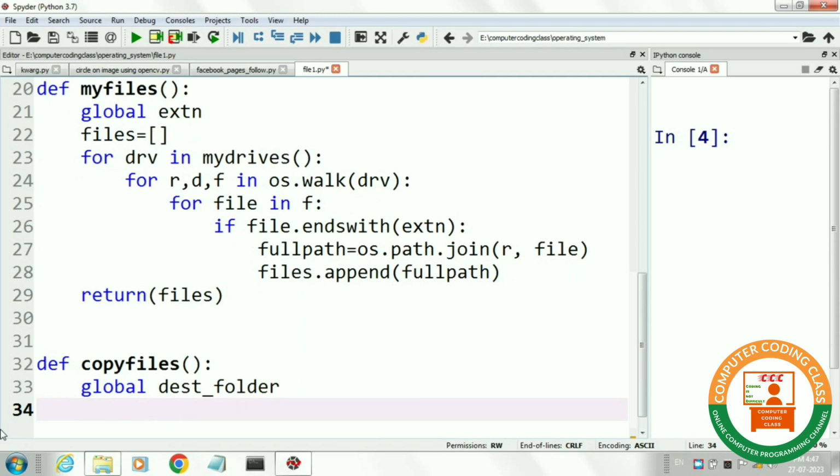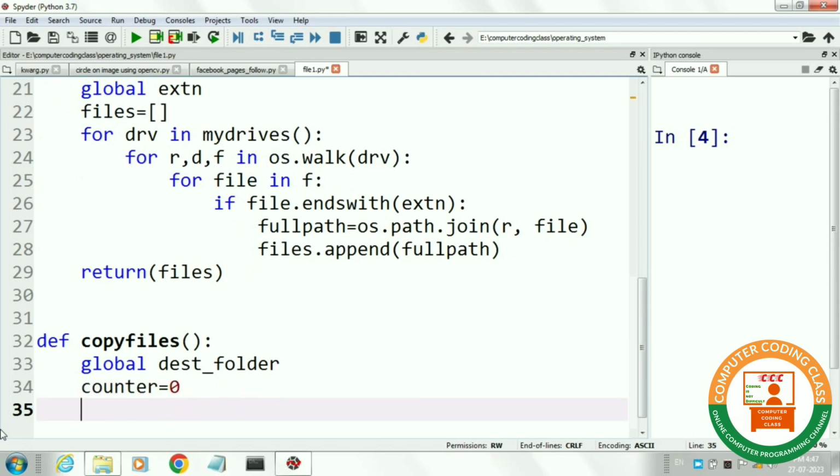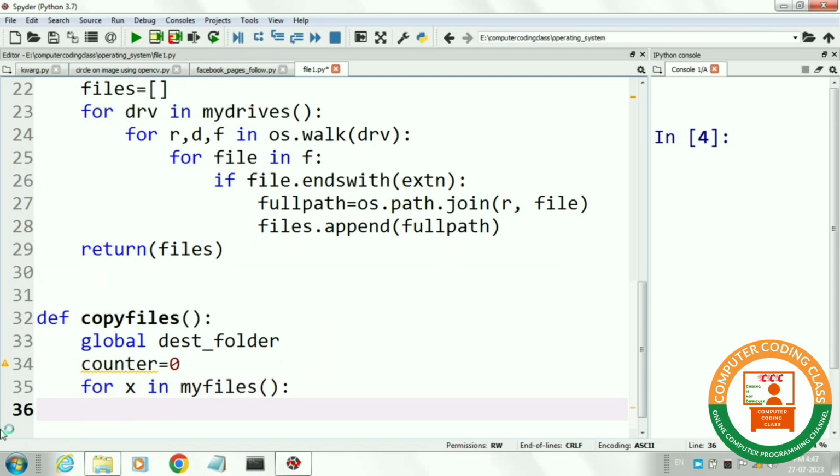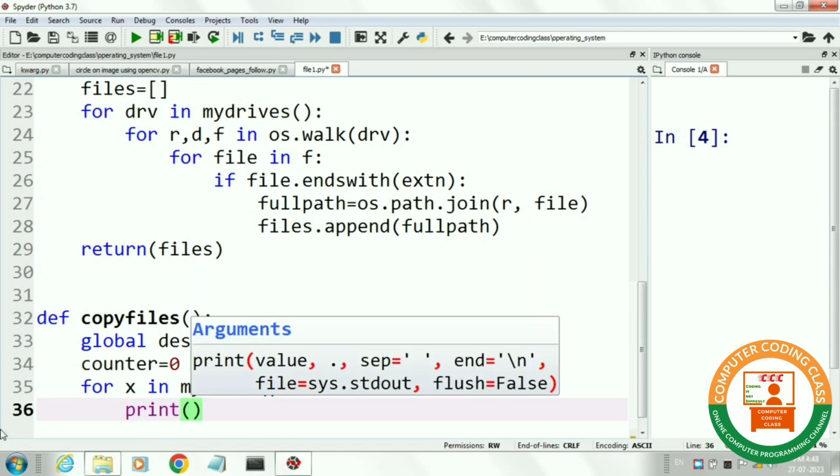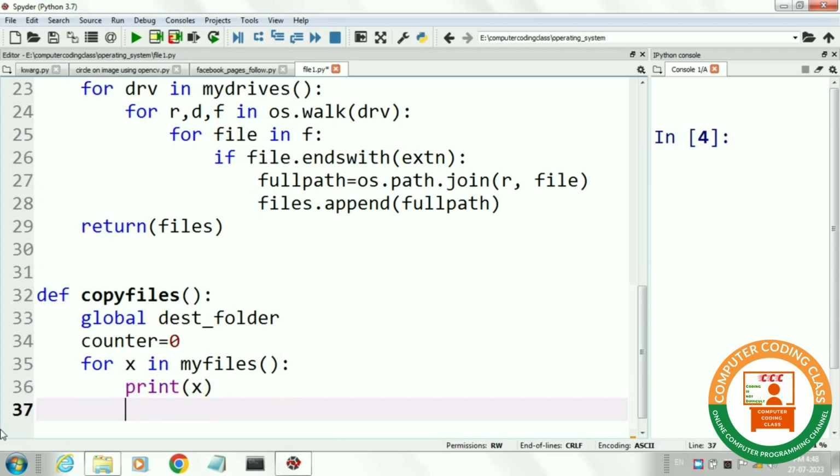Next, we will initialize a counter variable with 0. Next, we will call myFiles function with for loop and read each file one by one. First of all, we will print every file by using print function.